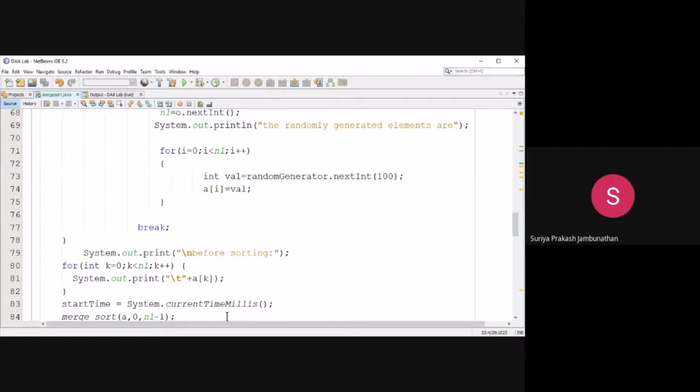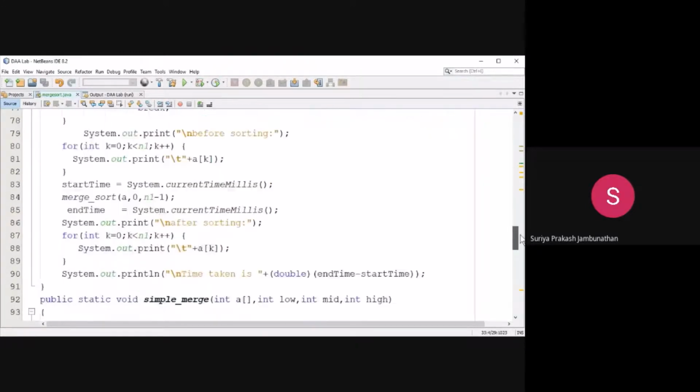Whatever numbers we got as input, before sorting, we are displaying the numbers. To display before sorting, we are using the statement with k equal to 0, k less than n1, k plus plus. So if your input is 5000, until 4999 it will execute the statement and retrieve the values. Whatever random numbers were generated will be displayed as output here. So before sorting, what exactly we got will be displayed, so that after sorting, we will get the sorted values. I hope you remember the quick sort output, the same way it will display here.